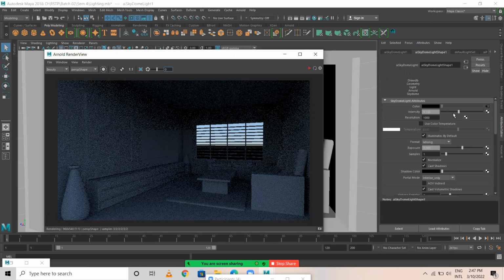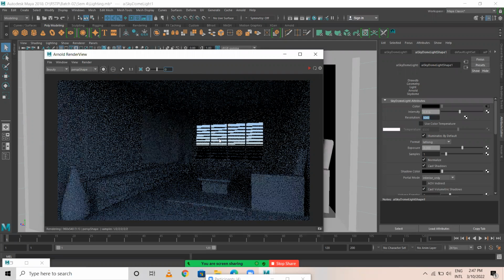I can change the resolution here. Instead of 1000 I make it 5000, so the quality will be increased. Then refresh render. Now it is rendering.